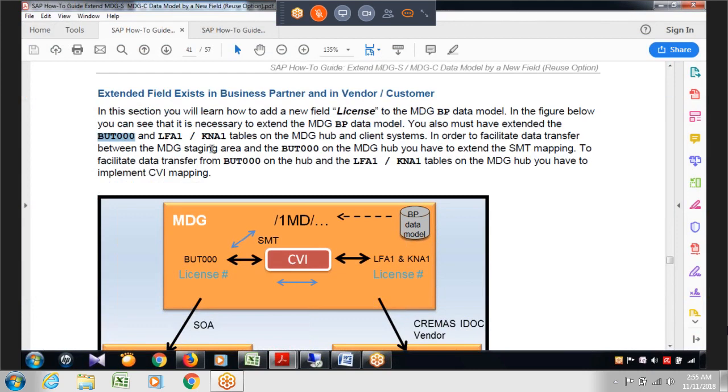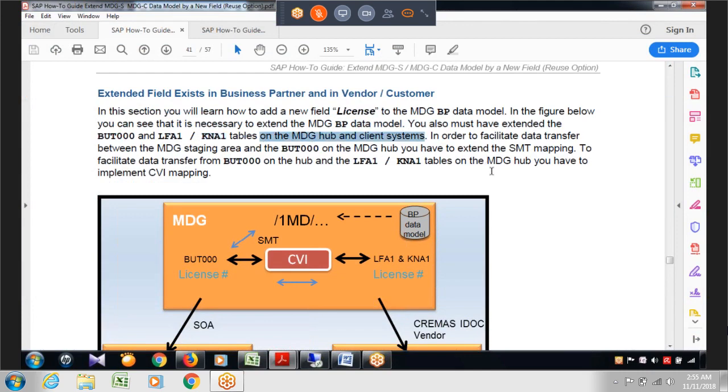So at that table level you also need to append the field, and if you are going for vendor then the LFA1 table, or if you are going for a customer then the KNA1 table, on the MDG hub